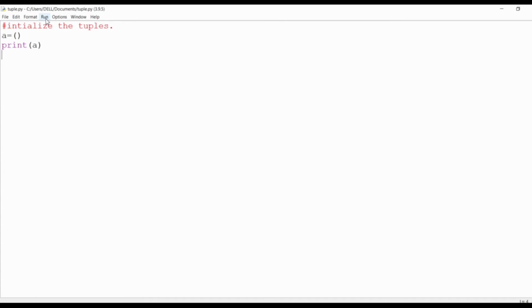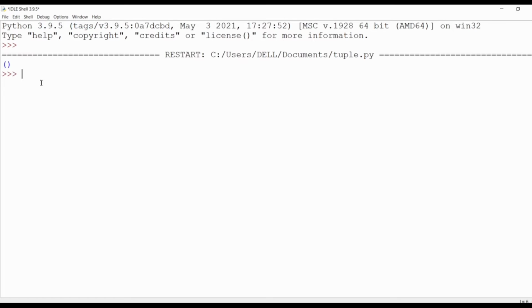It has saved, and see how it runs. Here you can see the tuple has been created as an empty tuple.